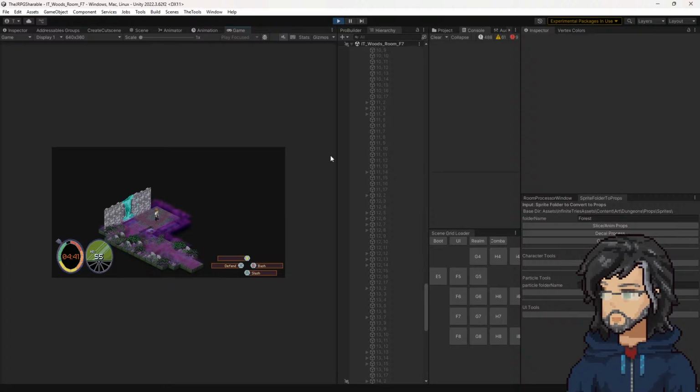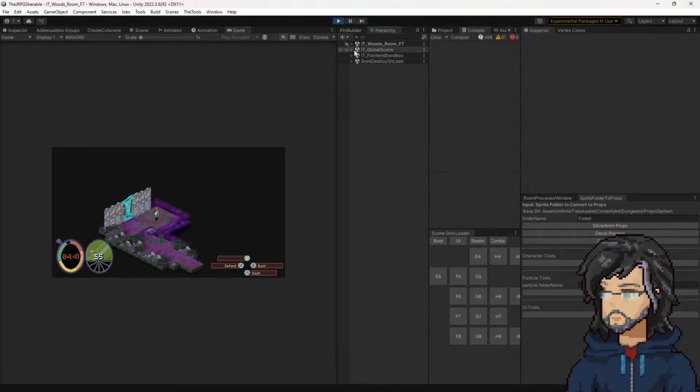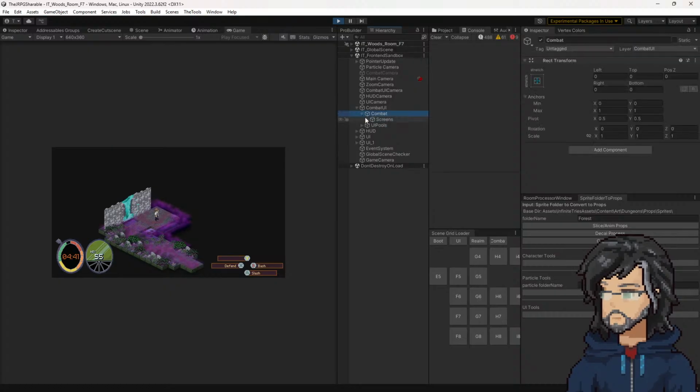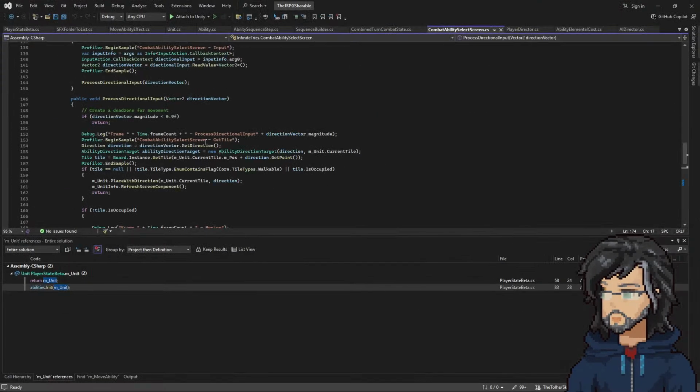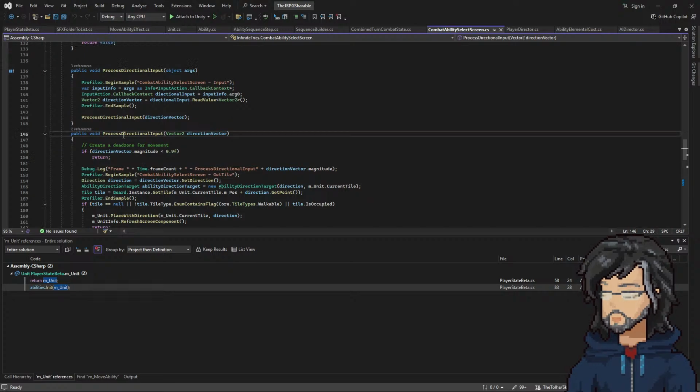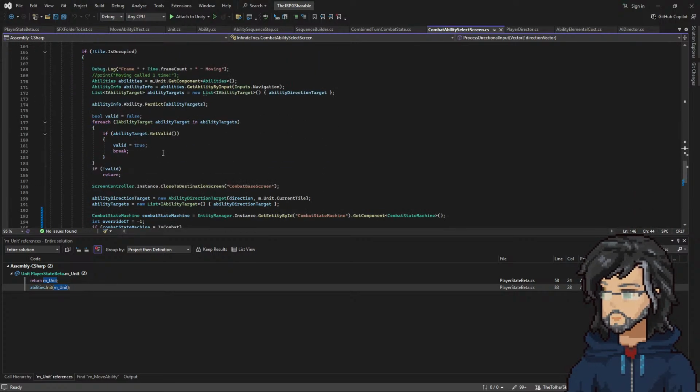Okay, when we move the player, that's coming from the UI essentially. So if we come into the front end system and we look at combat screens, combat ability select, this is the screen that's controlling the inputs to determine which way we're going. So if we process directional input, we send some information down